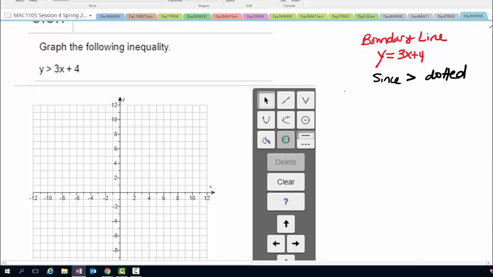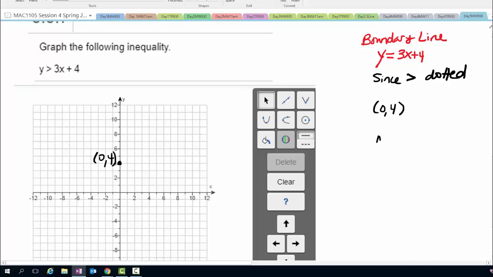Okay? But the boundary line is going to start at the point 0, 4, right? That's our starting point, so let's plot that. And this is what it's going to look like in my math lab. By the way, when you graph your line, you're going to have to use the line graphing function. But if you put in 0, 4,